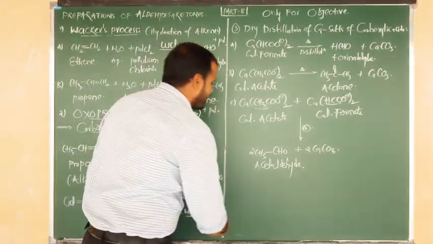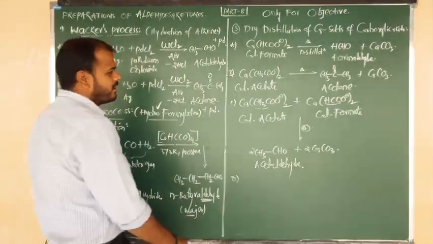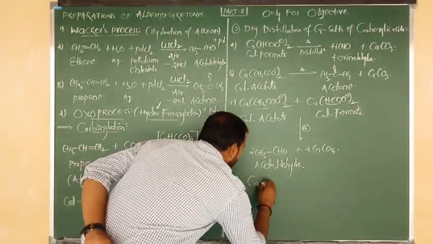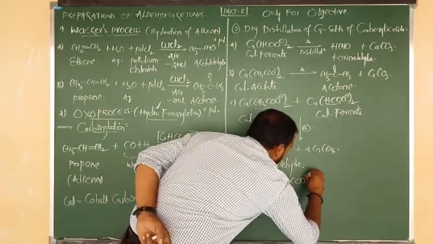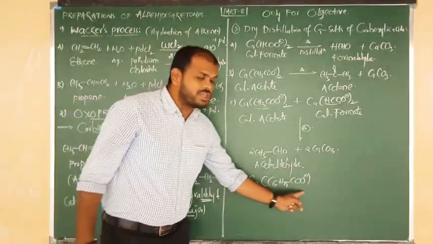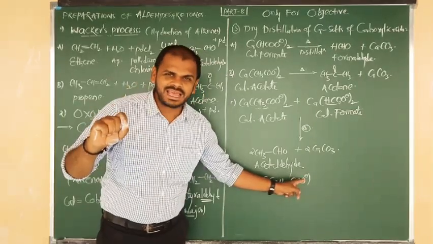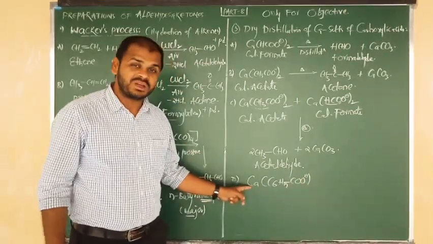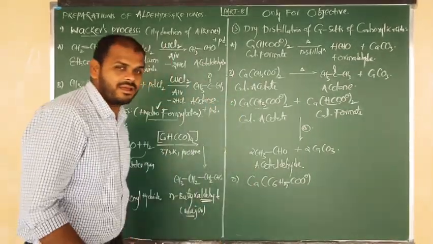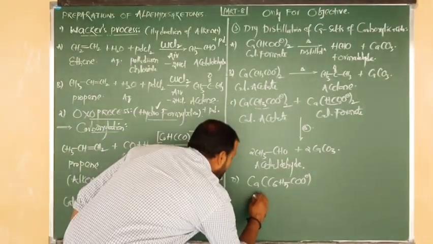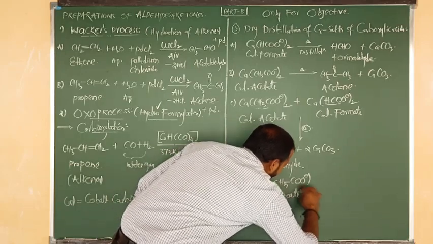Okay, good. Yes, here I am going to take another reaction, beta. Suppose I take the compound Ca in bracket C6H5COO minus, looking like benzoic acid. Benzene bonded to COOH, benzoic acid. But in place of H we are writing calcium. That's why we say calcium salt of benzoic acid. Shortly this is known as calcium benzoate.